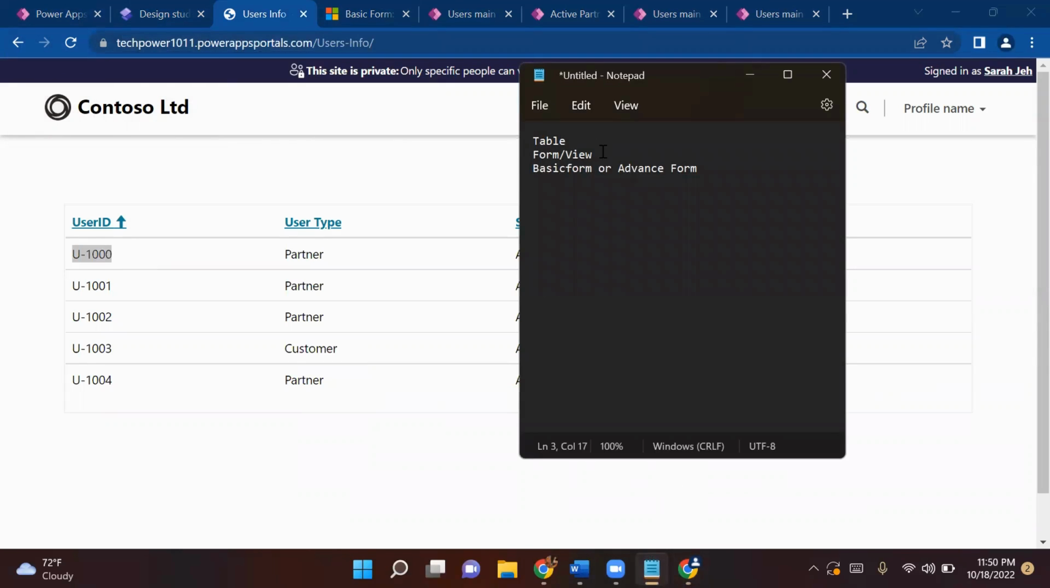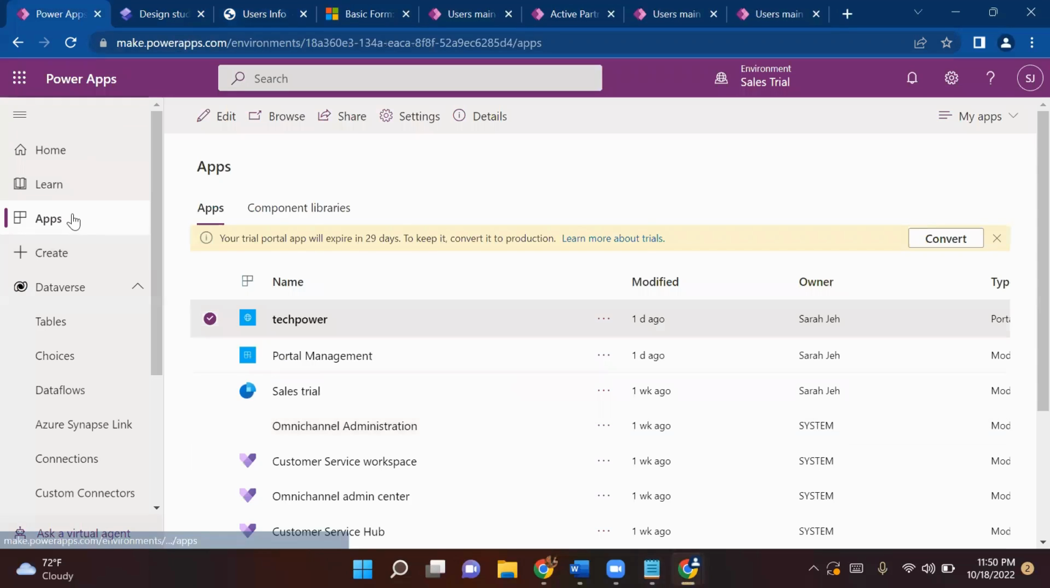So in my previous video, I have covered this table and form view, this basic form or advanced form. Currently I'm not working on this requirement, it doesn't require an advanced form. So basic form only we have worked on today. We have created a simple form in which we have displayed